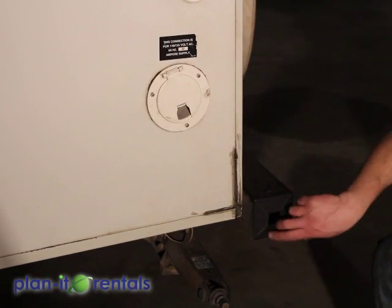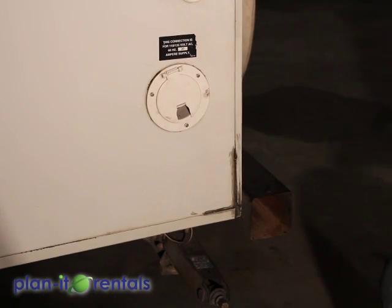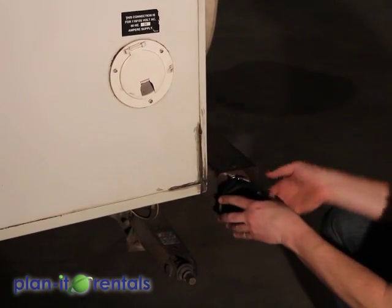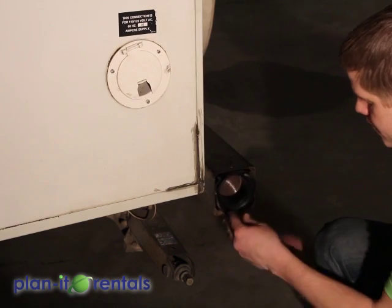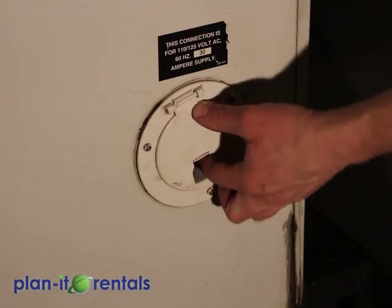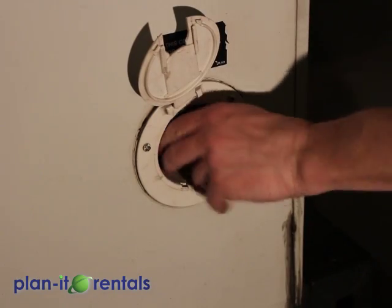Now the sewer hose stores away here in the bumper. You just remove the cap and push it on in. Also here on the back corner of the trailer is the power cord that would plug into either